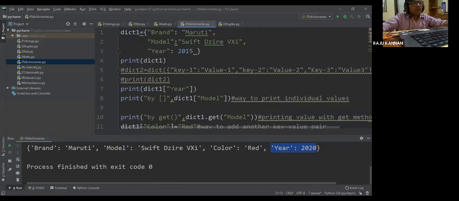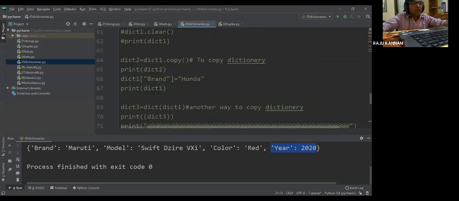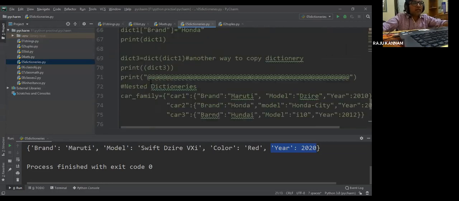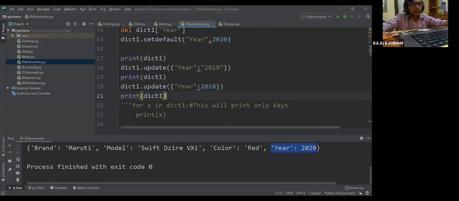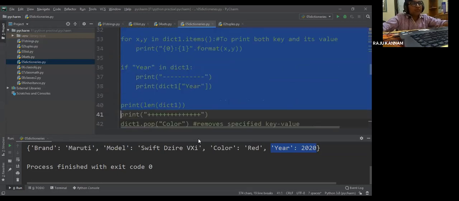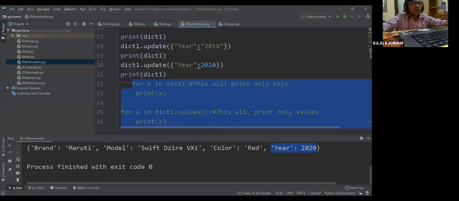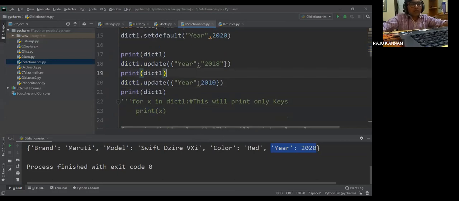So this is the thing, dictionary. Of course, today session I'll stop here, and you can ask the doubt, right? And the remaining things, that nested dictionaries, how we can make multiple entries, all those things we'll discuss tomorrow. So this may take some 15 minutes. After this 15 minutes, we will move on to the OOPS concepts of Python, object-oriented programming of Python, right? So now here, you can ask the doubts, and I think Manish and Sony is asking some doubt, na? Or anybody can ask the doubts.